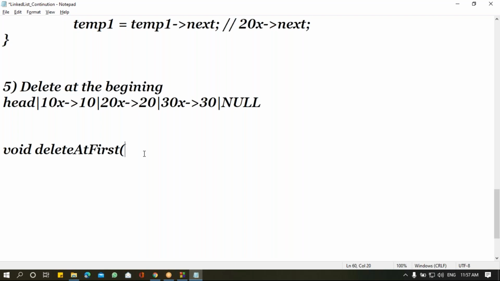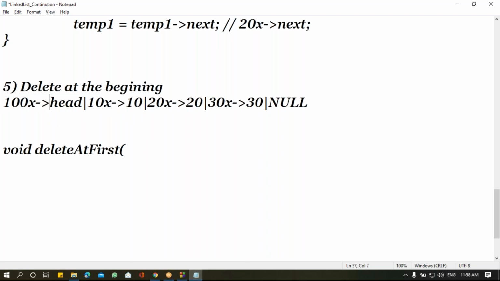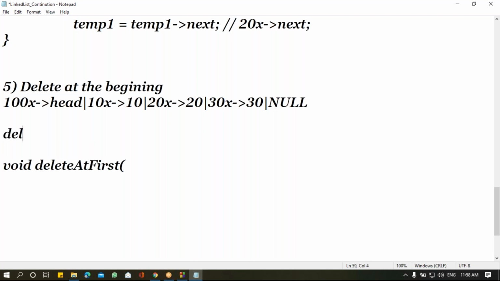So as I mentioned earlier, whenever there is a possibility for change of address in head, at that time we'll be using the address of my head. So address of my head means where this address is located. I'll be using this head's address so that I can access this head variable and change this value, the first node's address. So that is the reason why we are going to use the address of head. So from my main function, I'll be calling this function as